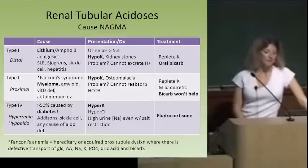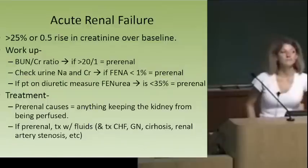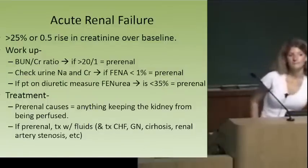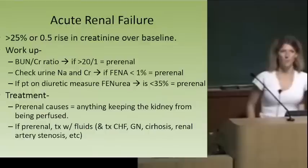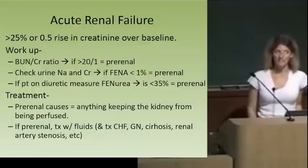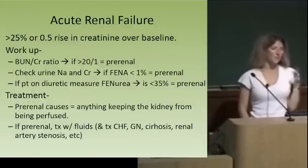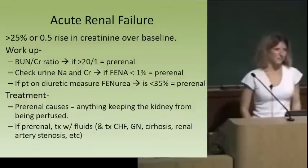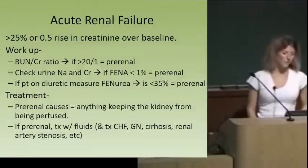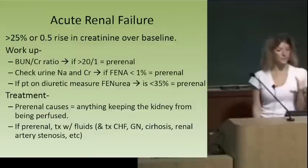Okay, definition of acute renal failure. ARF. Has to do with what thing on chemistry? Creatinine. Okay, does it go up or down? Okay, you're awake, so it goes up. And how much? It's kind of loosely defined. There are a couple different definitions depending on the source. In general, if there's an overall increase by 25% or a net increase of 0.5 over baseline, it's acute renal